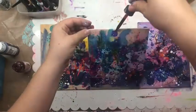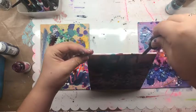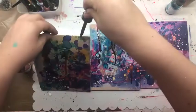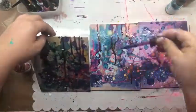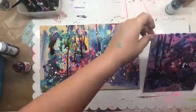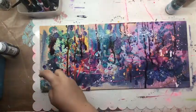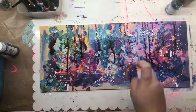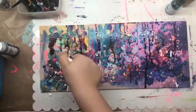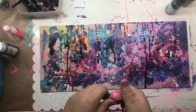Now I'm getting the pink ink again and I'm just dribbling it on the top just so it runs down nicely, as we can see. Just doing the same on the other canvases just to make sure they're matching and have the same colour scheme. It is quite hard to work on three canvases and to get them all looking the same and have the same colour scheme. Anyway, I am just adding some more of that Kmart spray that I love in a swirly